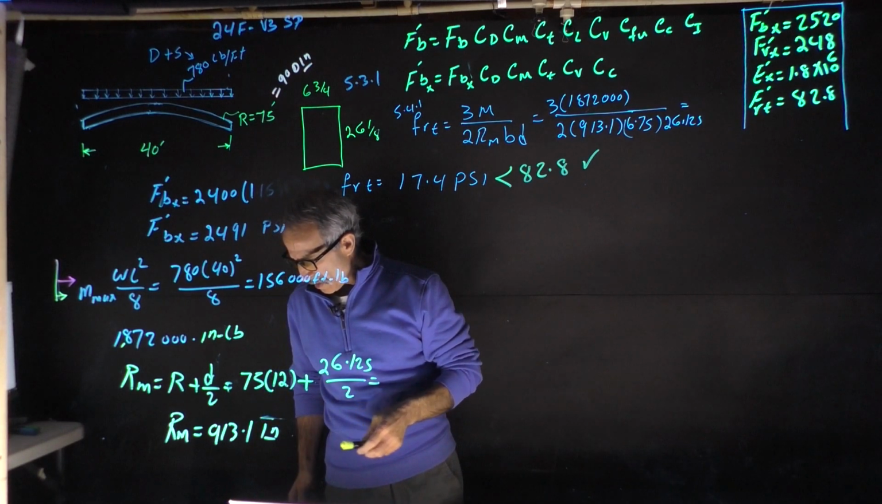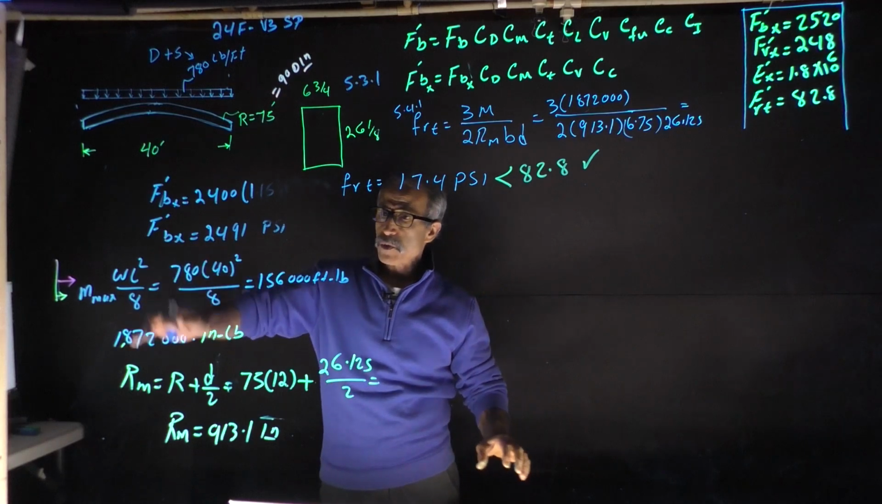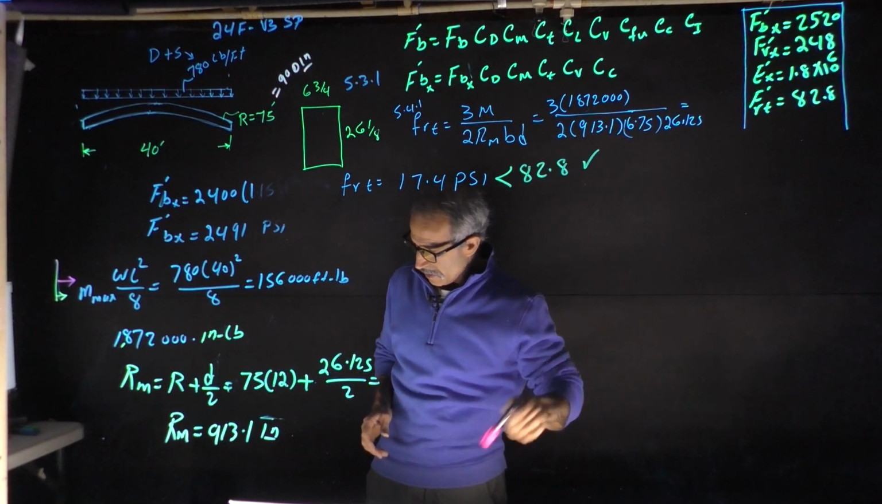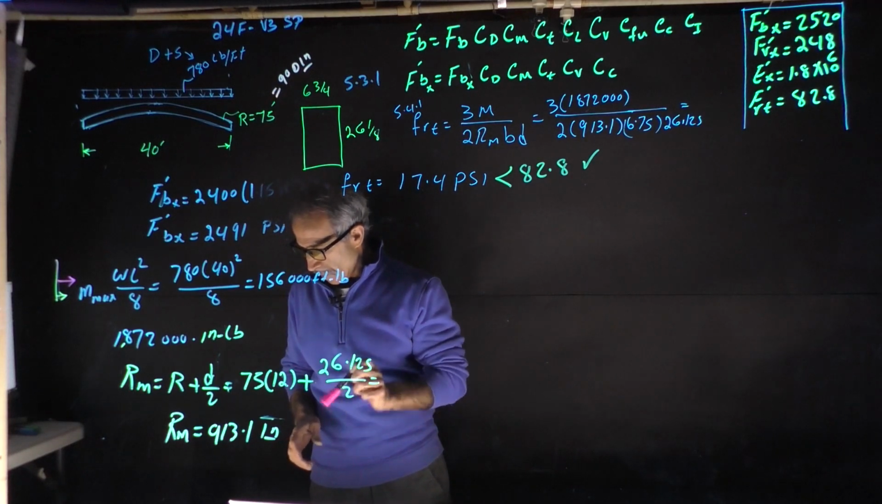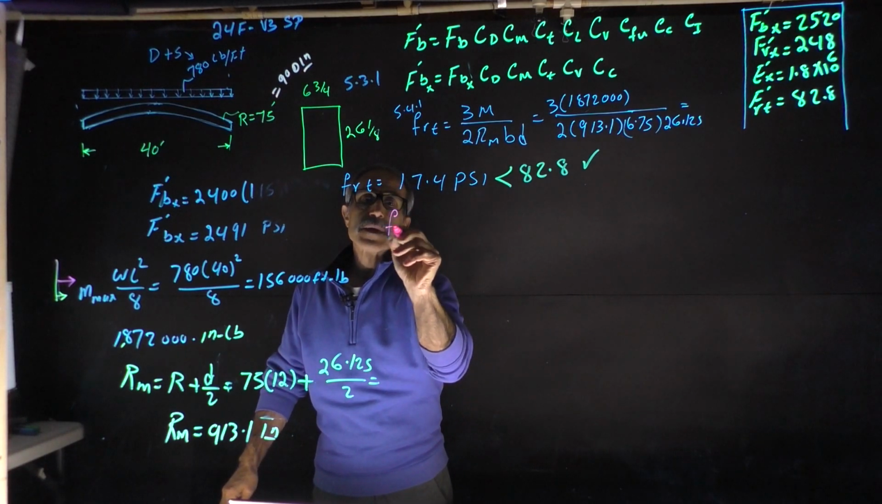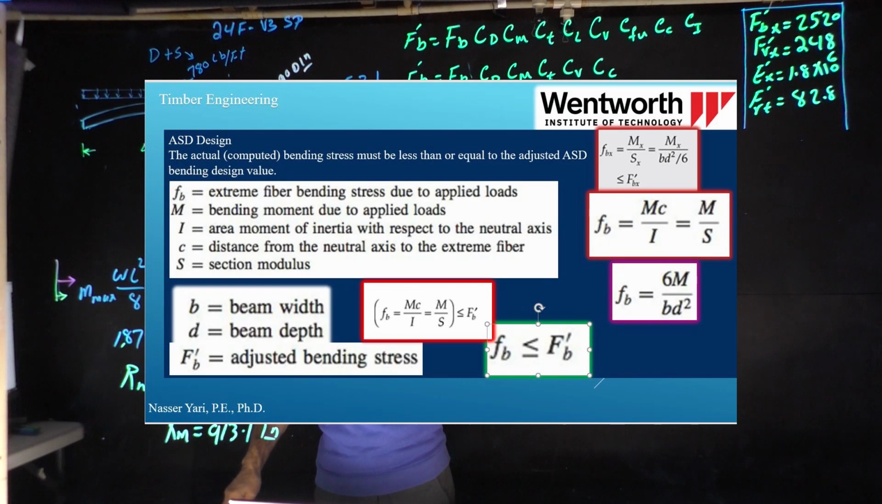Now let's do the bending, which is how we sized our beam. We're going to do the same thing over again. If you remember, there is a formula for bending: F'bx is equal to 6M divided by BD squared, or we can use the section modulus, M divided by S. That's the same thing, it doesn't matter. We have the size, and that's going to be 6 times